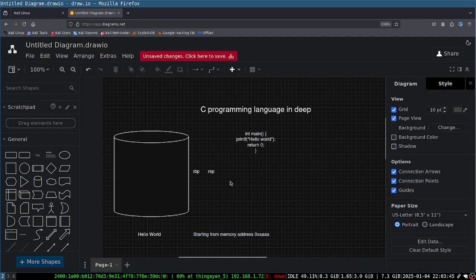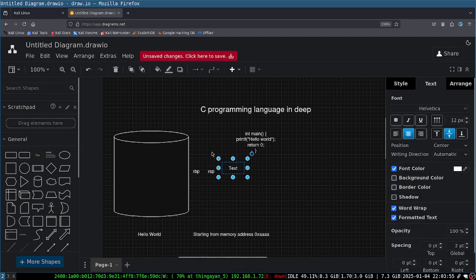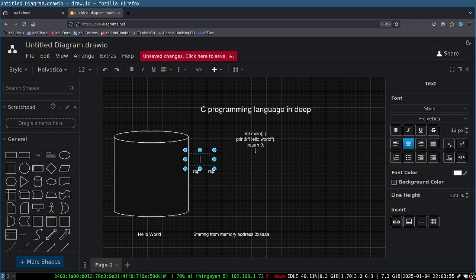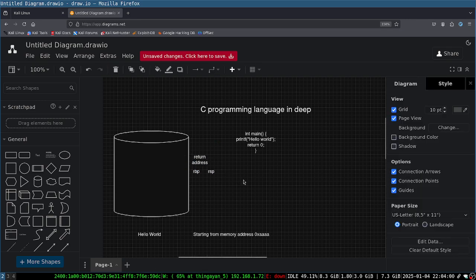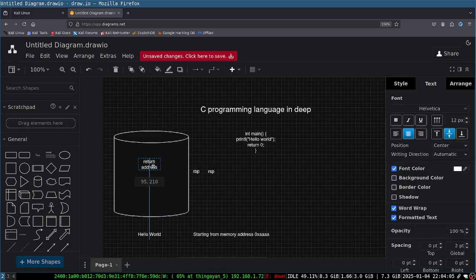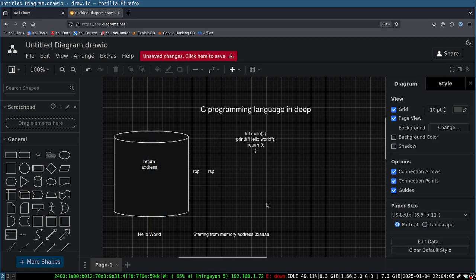So our hello world is here and our RBP is pointing to that. After RBP, we have our return address here. Then after that, what happens is